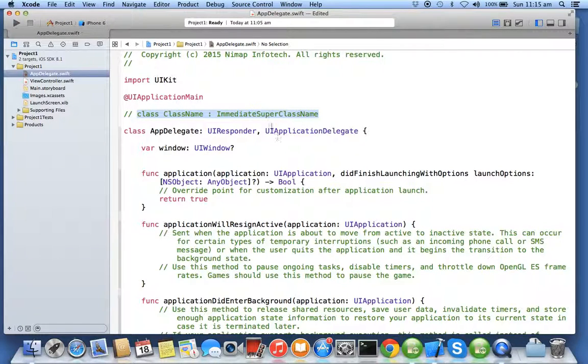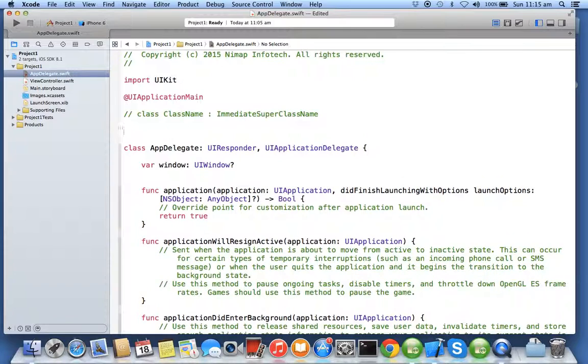Now we need to understand the MVC design pattern adopted by the Cocoa Touch framework inside iOS. When it comes to MVC, model means data, view means GUI, and controller means the junction where model meets view. Basically, whenever you create a new class, it should be a part of one of these three camps: